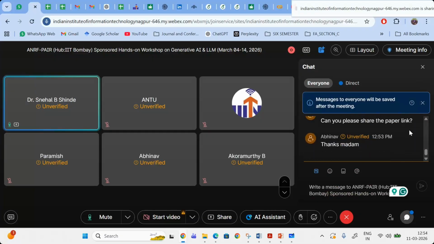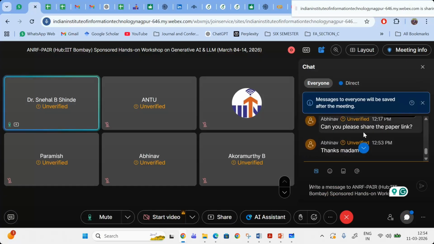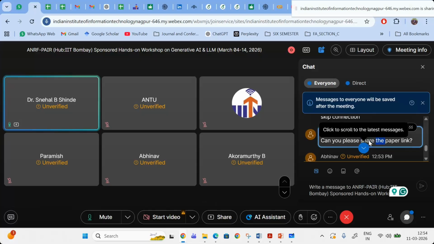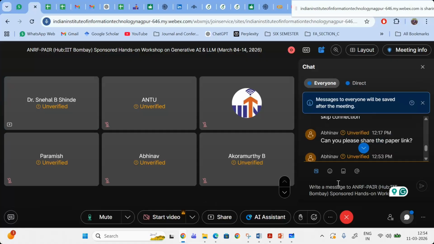Here you can directly type DDPM. It is available on arXiv. The author was Jonathan, and it was published by the Google Brain team. There is one Indian author as well, I guess, in that DDPM. I will share that paper as well. That paper will be uploaded in the drive folder, which is already shared with you.